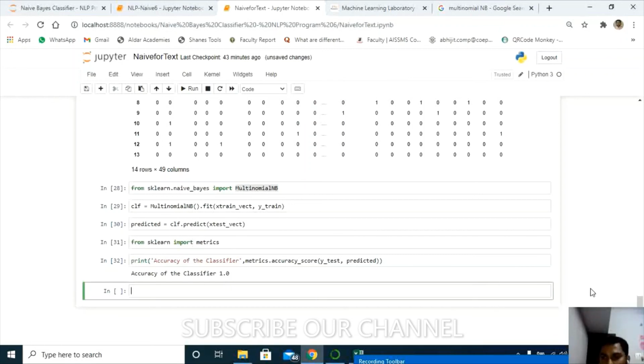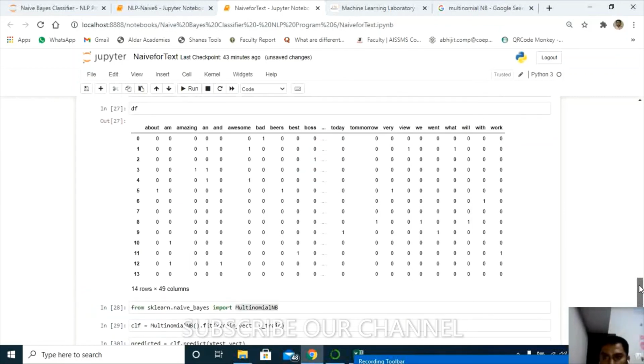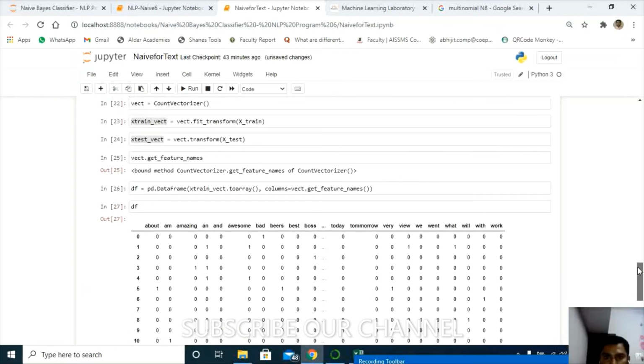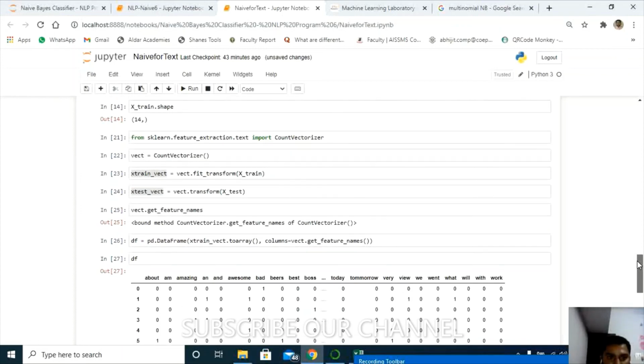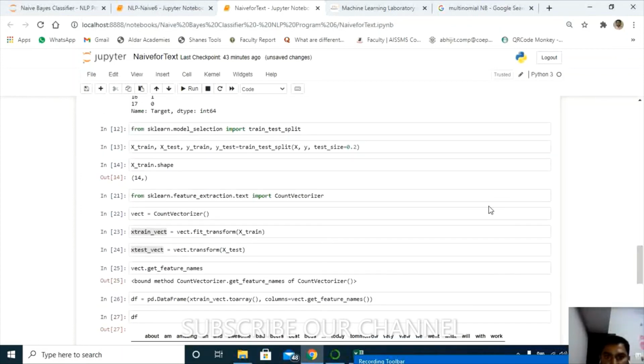Just to have some variation, I'll change the test split. Have a look at this test size: I mentioned 20% here. Let's try with 30%.